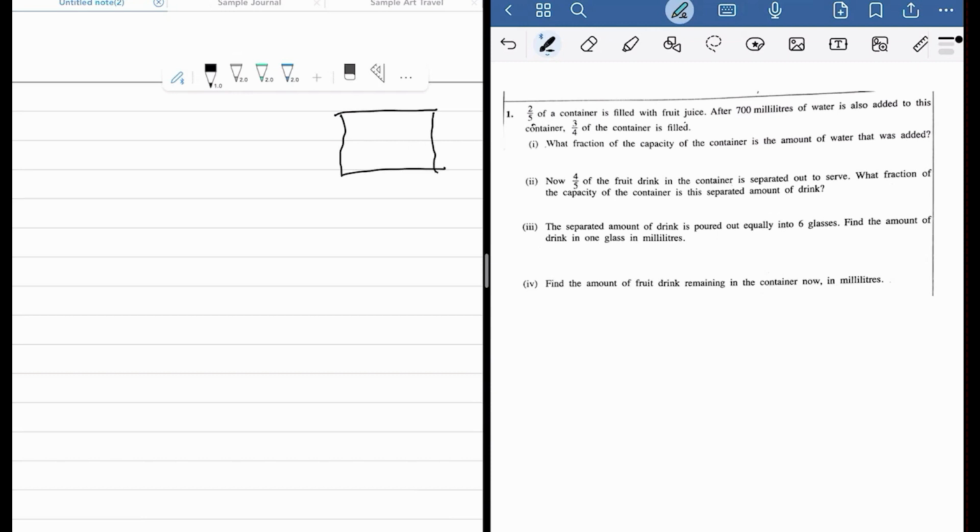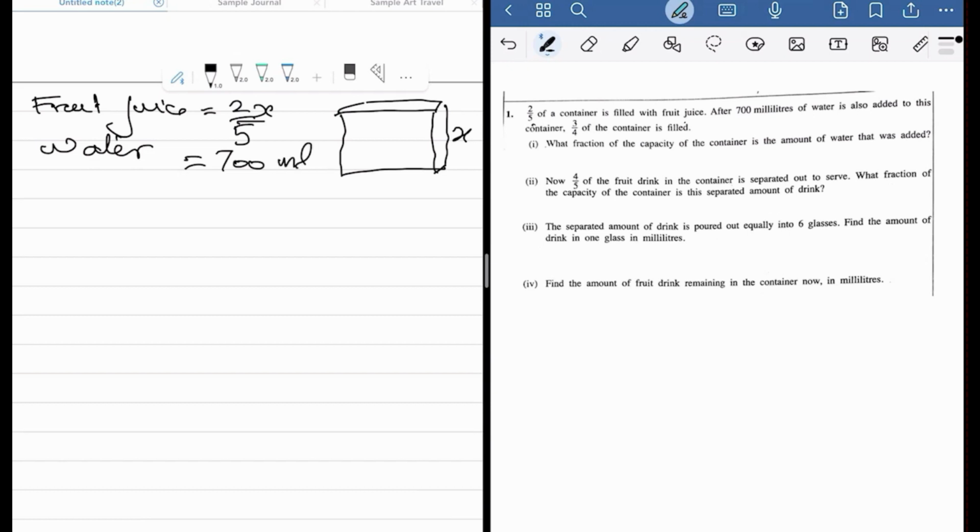In this particular question there's a container, so it can be any shape. We didn't know what shape it is, so I just let the volume be x. The fruit juice was 2/5 of the container, so that will be 2/5 x. Then they add water. The water they add was 700 milliliters, but when they put these together into the container,